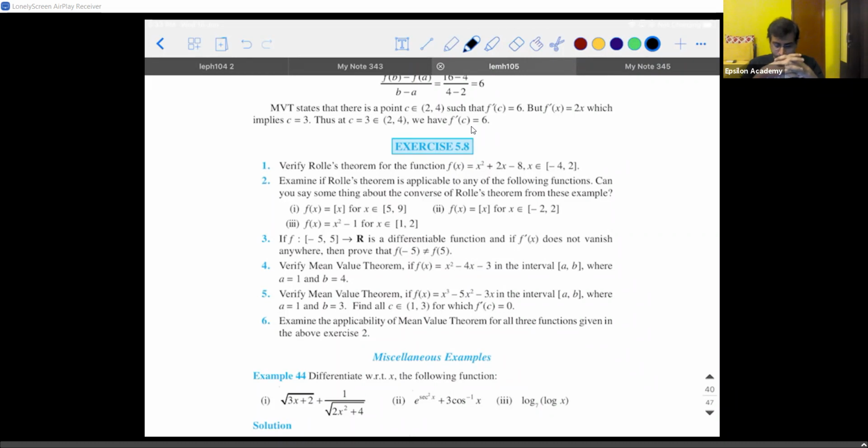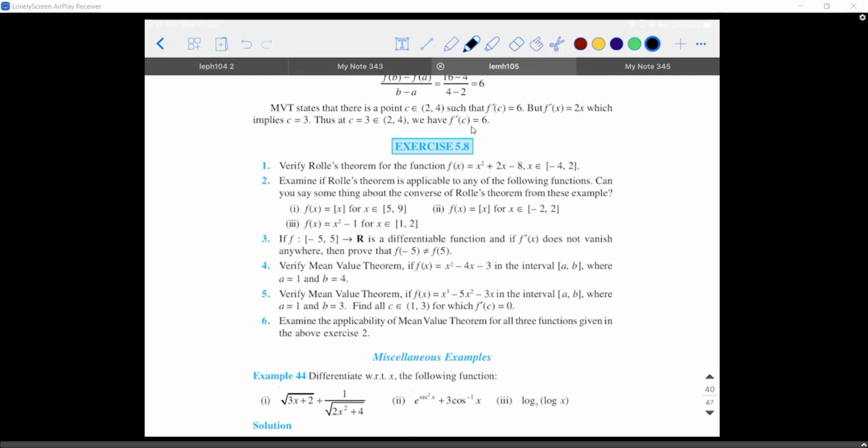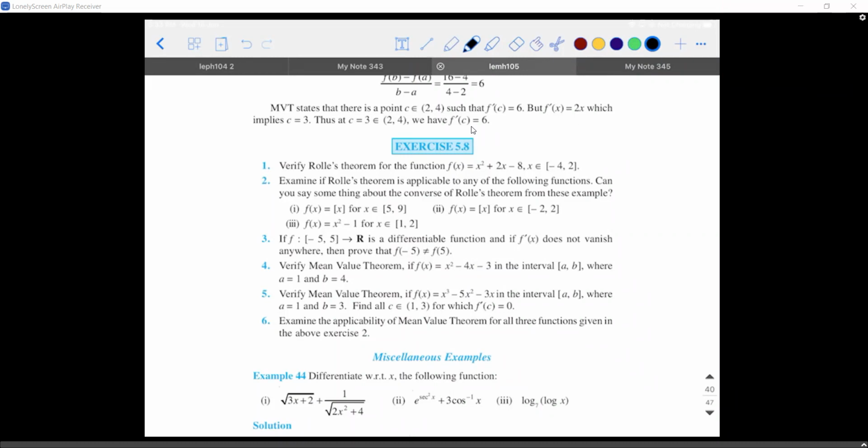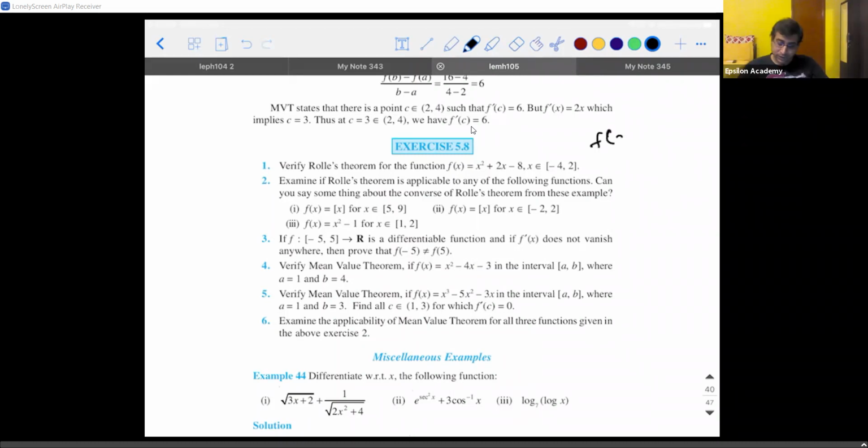What about the second one, though? Is there anyone having a doubt who wants me to do it? The minus 1 part I don't get. See, f of x is x square plus 2x minus 8. F dash of x is equal to 0. For both, whether it is mean value or Rolle's theorem, find first f dash of x and equate it to 0. So 2x plus 2 is equal to 0, x is equal to minus 1. Now, this x is equal to minus 1 is nothing but the c. So you should ensure that c is lying between minus 4 and 2.